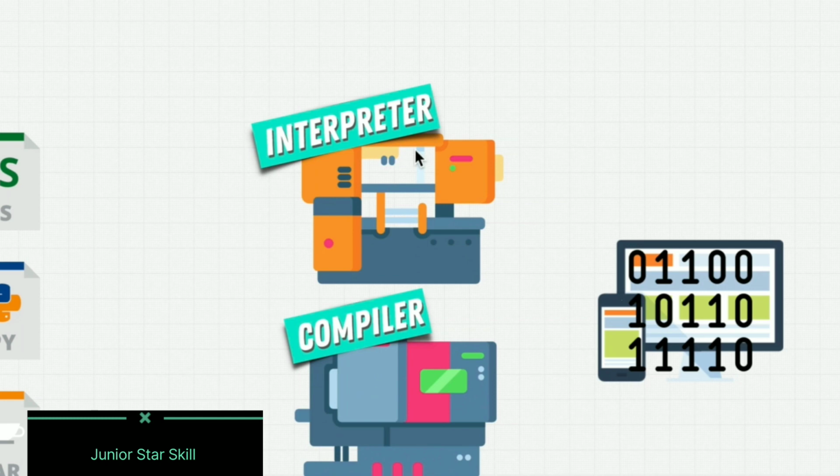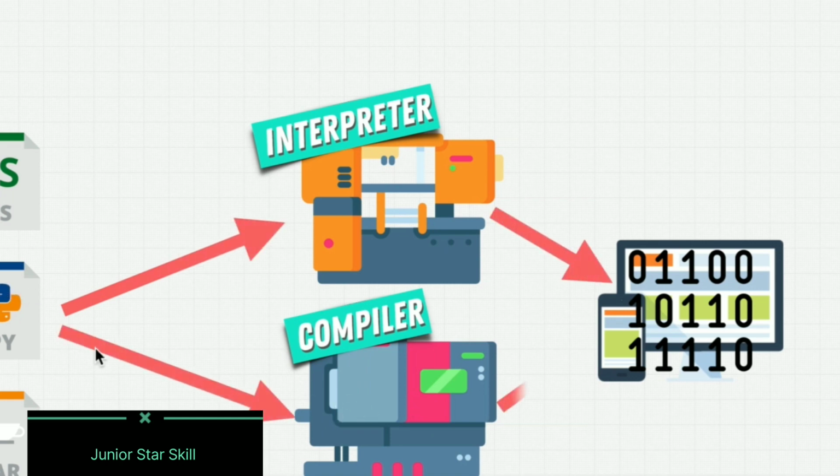Now, Python usually uses an interpreter, usually. And an interpreter, just like a translator, goes line by line through our code and executes our code on our machine. Compilers are a little bit different. They take your code all at once, reads the entire file all at once, and then translates that to machine code. So again, interpreter goes line by line, and each line executes an instruction. A compiler takes the entire file and turns it into machine code.